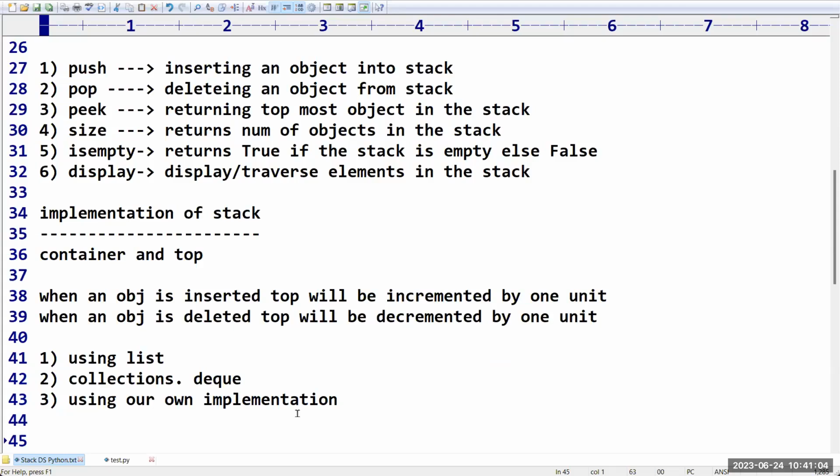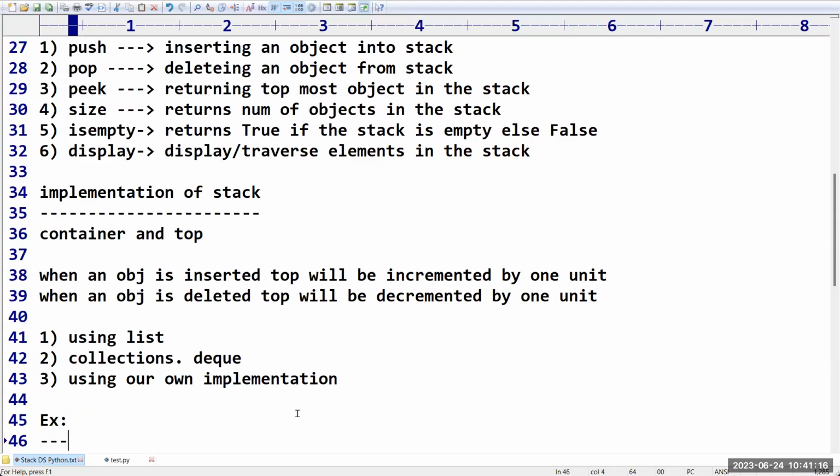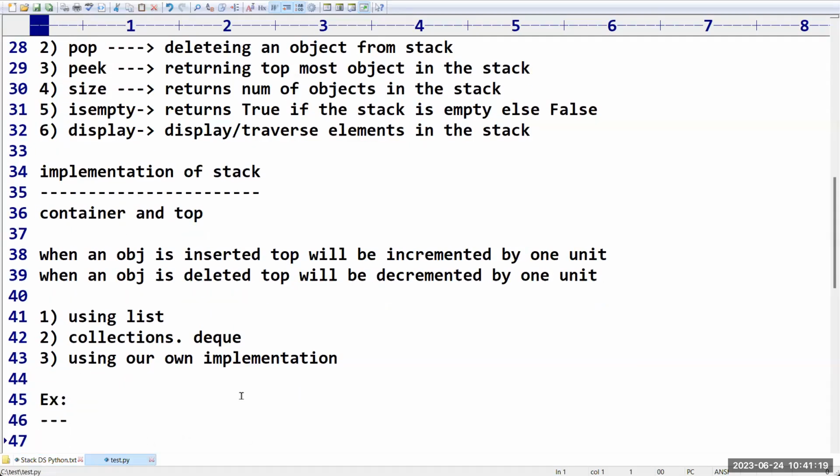Okay, so one by one I will explain how to implement a stack using a list, and using the collections module; one by one we are going to see. First I will take a list and show how I am going to implement the stack. Stack implementation by using